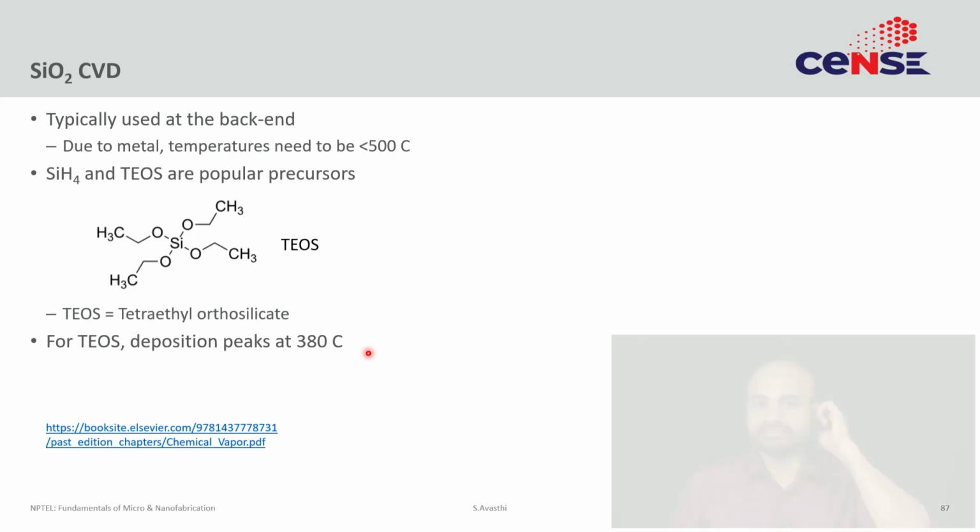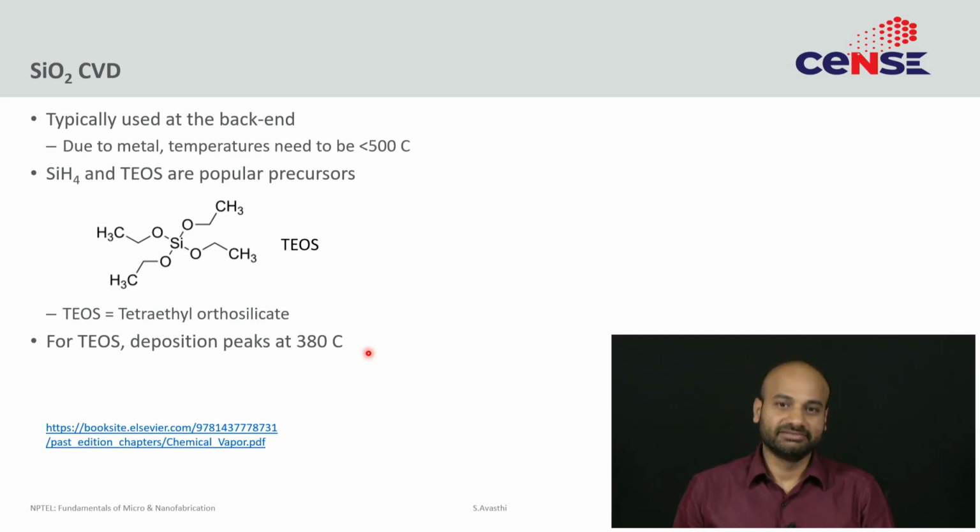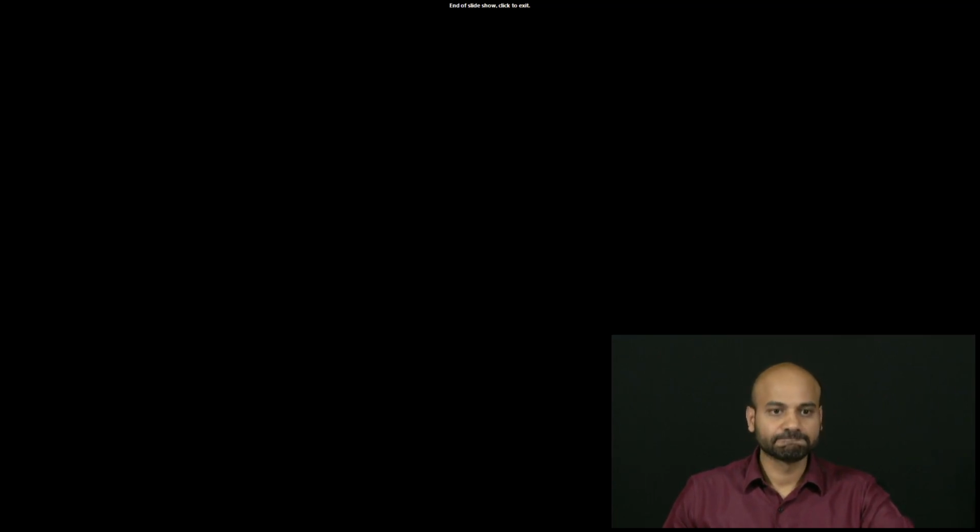We have done all silicon CVD, one slide on other materials that you can do with CVD, for example, silicon oxide. So you can, for example, use silane and oxygen to get silicon dioxide. Another very popular material is TEOS, which is a siloxane. So it has a silicon oxygen bond. You heat it up, the silicon oxygen bond breaks, and you form an SiO2 layer. So these kind of things can also be done. Details can be looked at from this link.